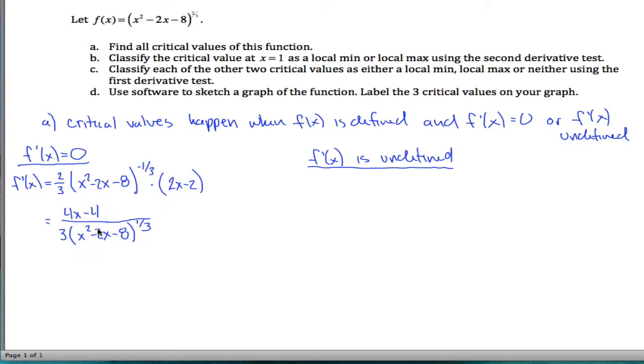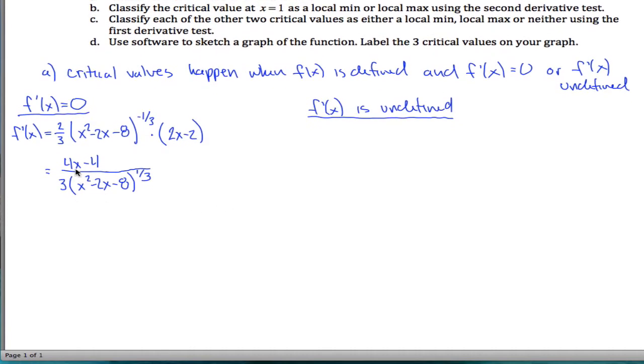I think this will make it easier when you're trying to set it equal to 0 or figure out when it's undefined. A fraction equals 0 when the numerator equals 0. Technically it's when the numerator equals 0 and the denominator doesn't, but we're going to check over here when the denominator equals 0. So to figure out when f prime of x equals 0, all I got to do is figure out when 4x minus 4. Actually, let's write this more intelligently. So here's my derivative right here, and I want to know when this thing